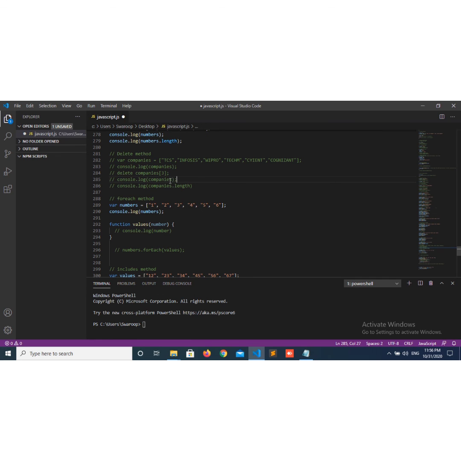Here now my cursor point is at line number 285. Now I want to jump from 285 to line number 150.